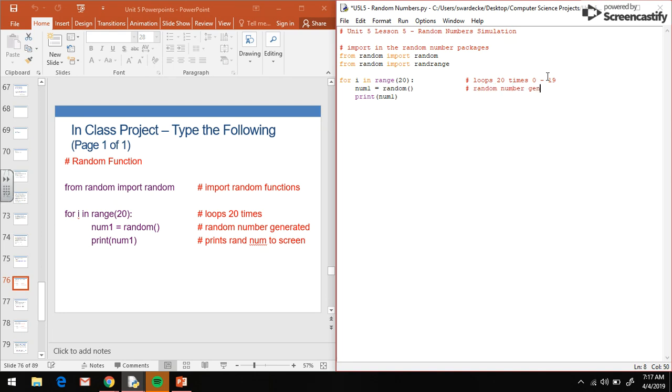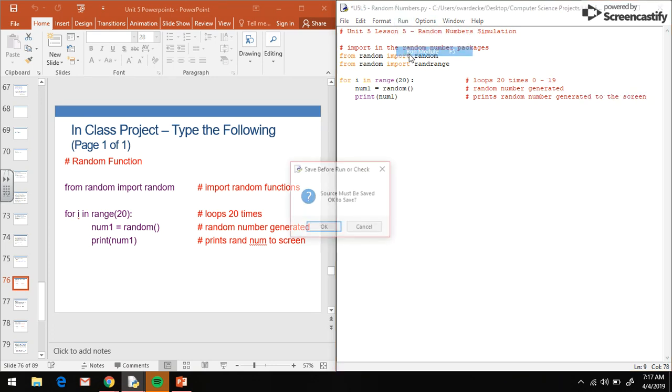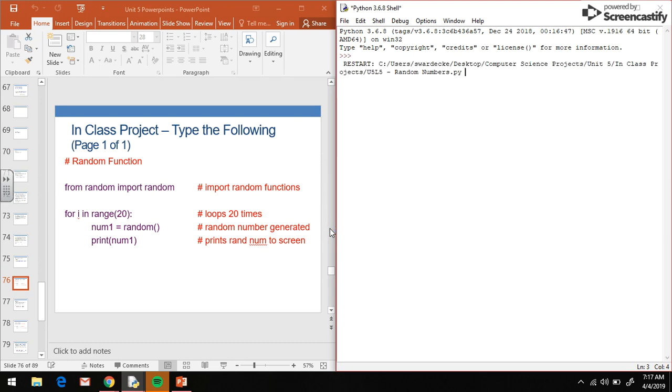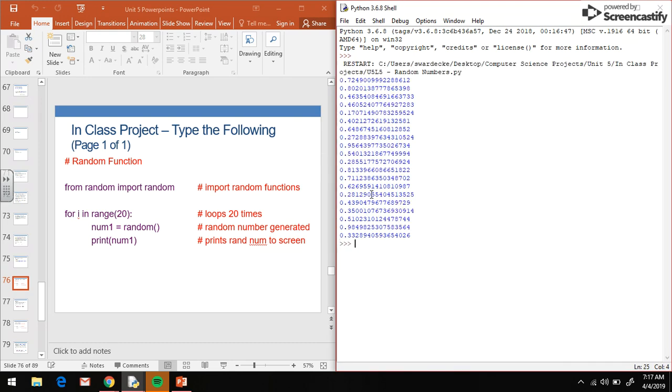We have a random number that's generated. We'll talk specifically about what types of random numbers that one generates in a second, and it prints the random number generated to the screen. So if we run this program, what you will see is I have numbers, well, it ran 0 through 19, so 20 numbers, and all of